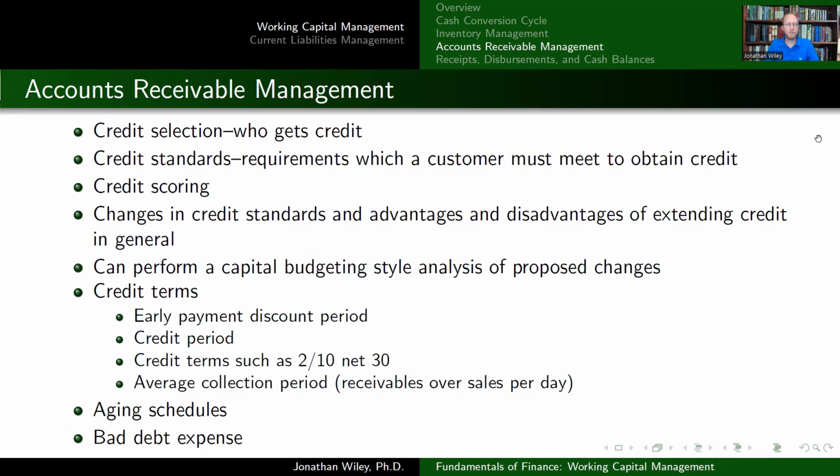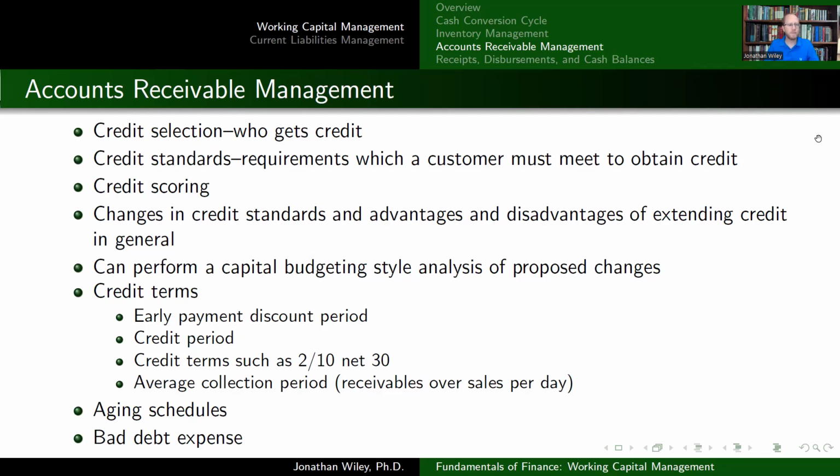Some of the things that might be relevant for those standards, things like credit scoring, right? So you look at their credit score, or you look at their history of prior payments, or any number of things like that. Their consistency with orders, and whether they've always been paying on time. Basically, you can do such a credit score for the financial health of the customer. And from that, they've met your credit standards, and now we can extend credit